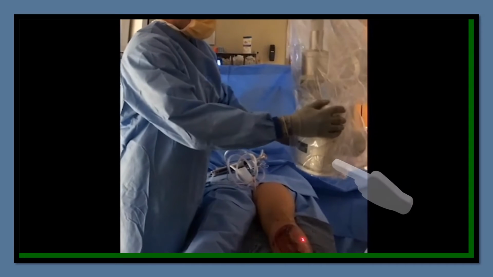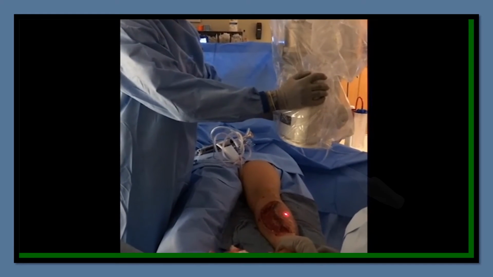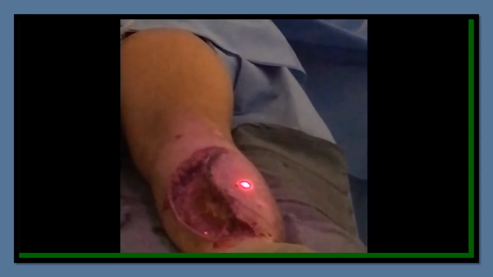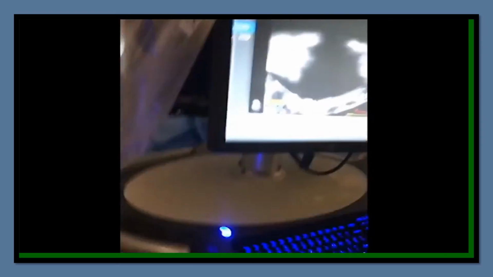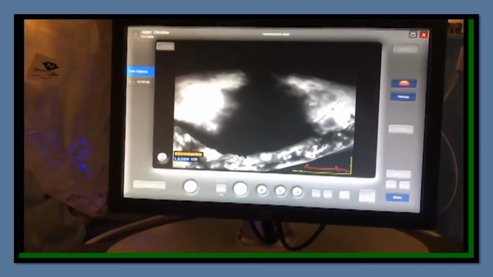This video shows the SPY angiography on a wound of the leg. The SPY laser will focus on the skin flap of the wound. It will produce a live image of blood flow onto the screen. In the middle part of the screen, it shows poor blood perfusion on the skin flap.